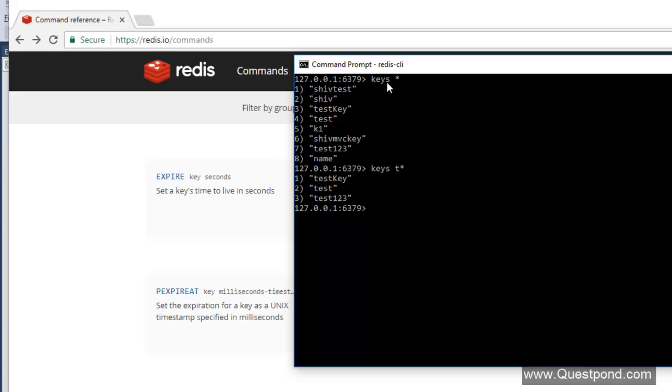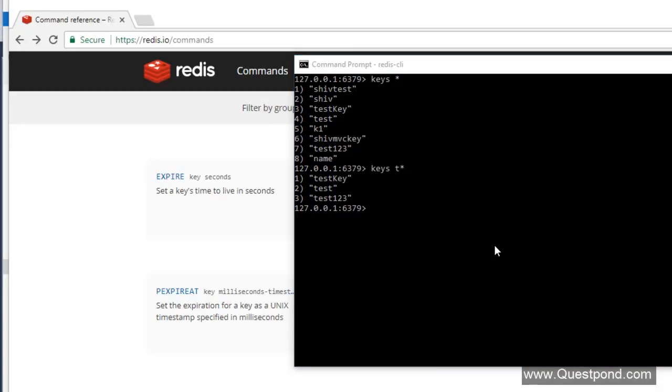At this moment, there is no way here to see the values and the keys together. I know that one of the things which can come to a developer's mind, which came to my mind as well, is: can I see the keys and the values together? No, we do not have anything like this inside the Redis CLI, but you can do it from a program. So if you are connecting from Java or C# or PHP, you can do that. I will show that in some moment later.